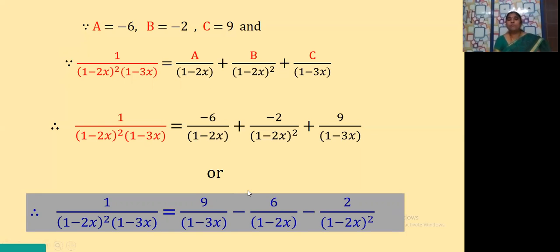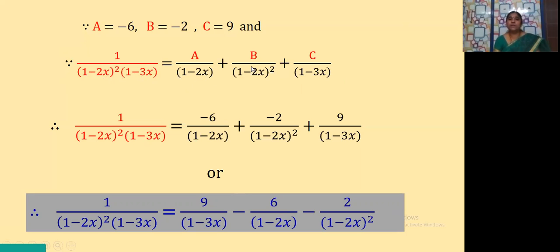So like this, we have to solve the sum where you get repeated linear factors. Okay, repeated. How many times it repeats? That many partial fractions we get. So here two terms are repeated, for these two partial fractions, and one term is there without repetition. So for this one partial.